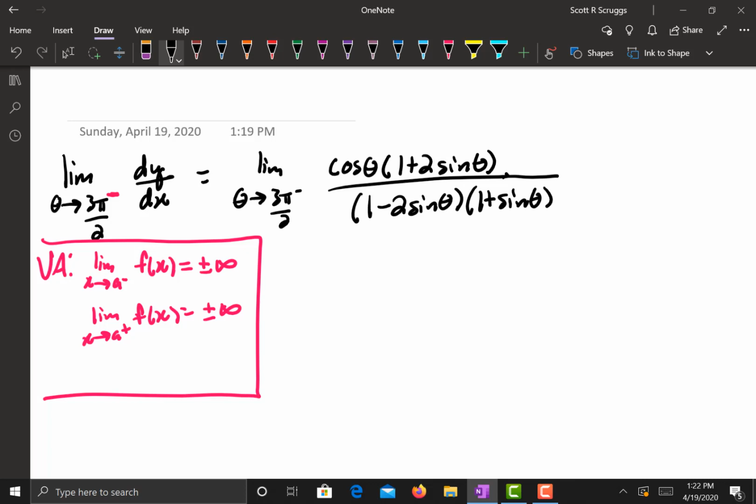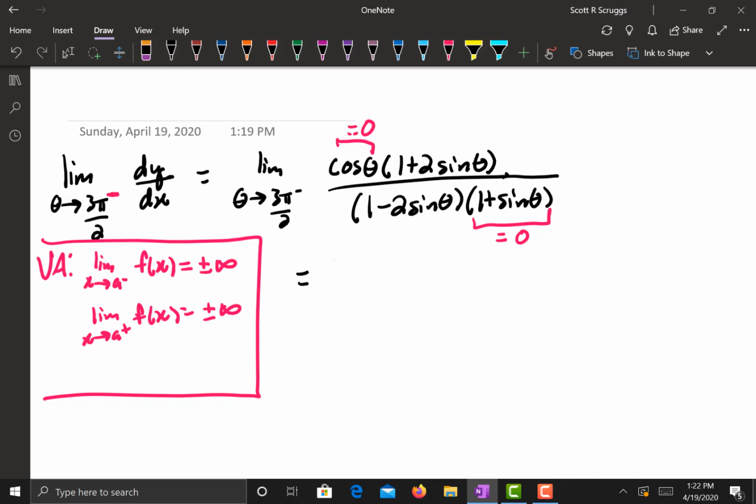Because I'm going to make my problem a whole lot easier to work with than just doing L'Hopital's rule right off the bat. And here's how I'm going to do this. I know that cosine of theta equals 0 at 3 pi over 2. I know that 1 plus sine of theta equals 0 at 3 pi over 2. So what I'm going to do next is use a property of limits way back in Cal 1, saying,